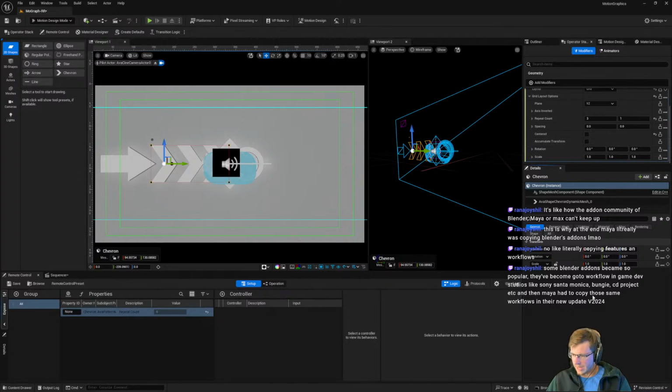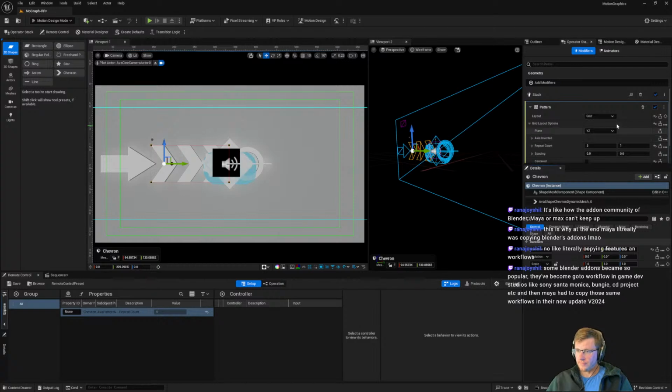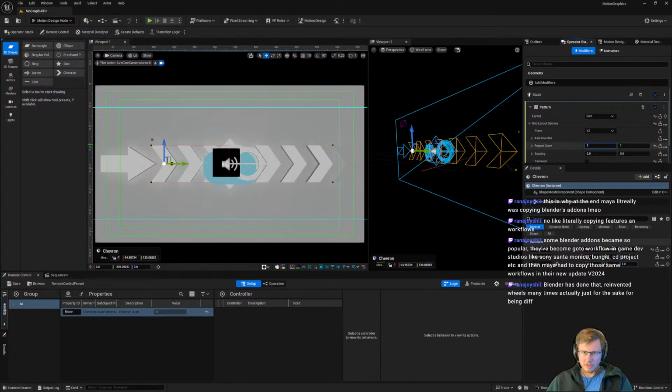I'm usually in the camp of let's reinvent the wheel, but I guess I'm playing devil's advocate here. I'm trying to get myself to not reinvent the wheel every single day, you know? Be like, okay, wait, maybe we should take a look at what works. Blender has reinvented wheels many times, just for the sake of being different. I know, but that's, I mean, just for the sake of being different.